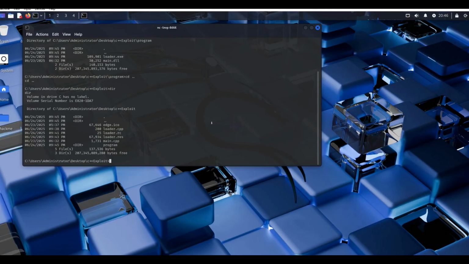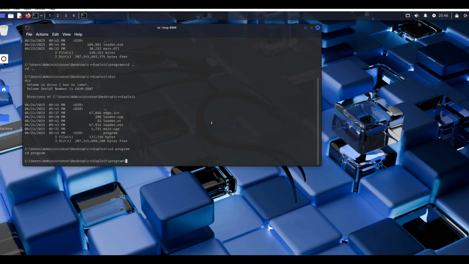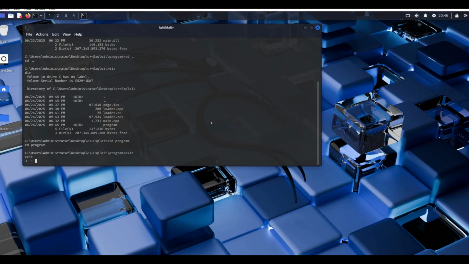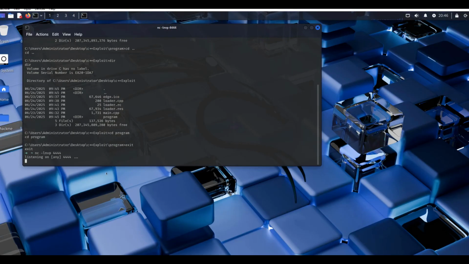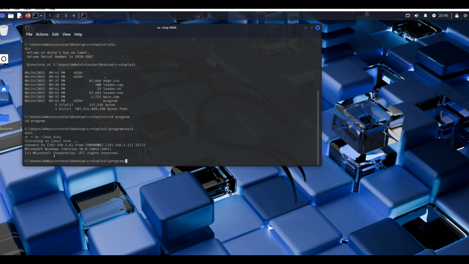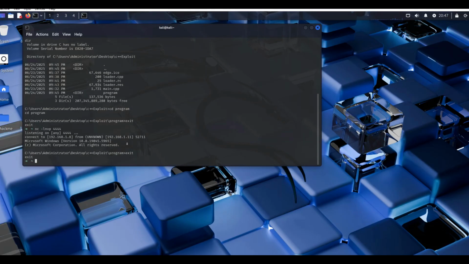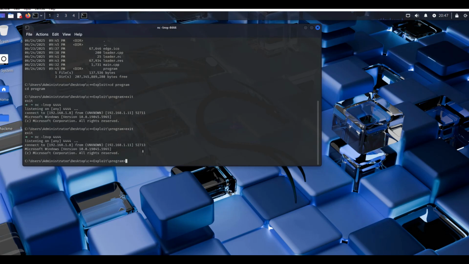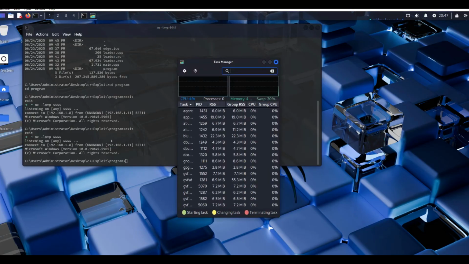What if we exit now and listen again? We won't lose the access, it will return, because when we exit, the exe will call the DLL file every 1 second, so we don't lose the shell anymore, and we can take a look at the